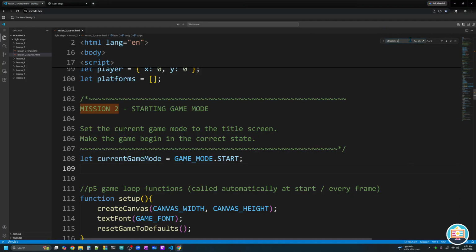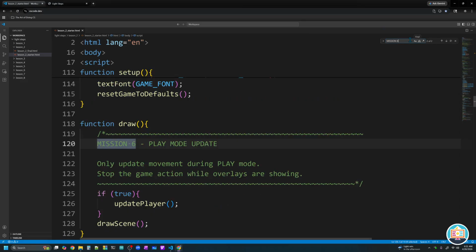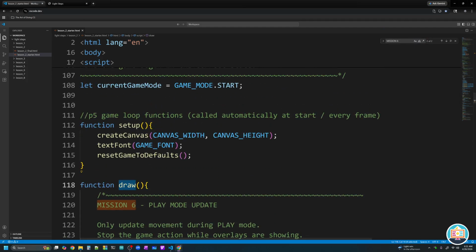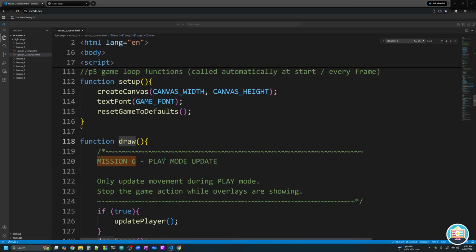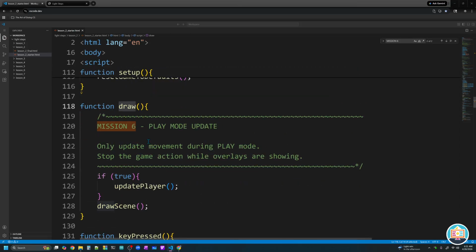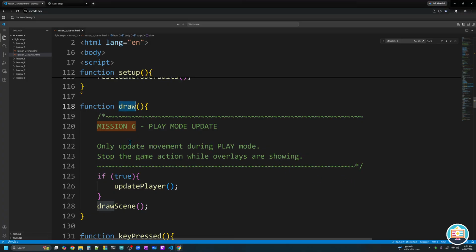So let's target mission number 6 here and see what that has us do. It puts us in our P5's draw function. This is that function that runs every single frame of our game. And it says we are going to target our play mode update. Only update movement during play mode. Stop game action while other overlays are showing. So inside of this draw function, which runs every single frame of our game, we're asking a question. And that question says, if